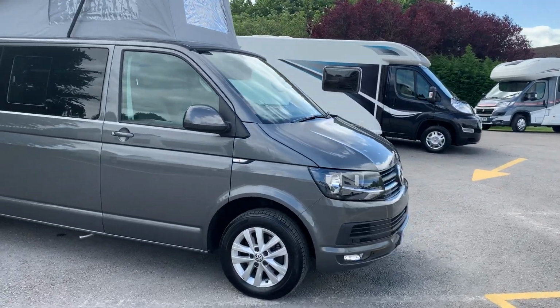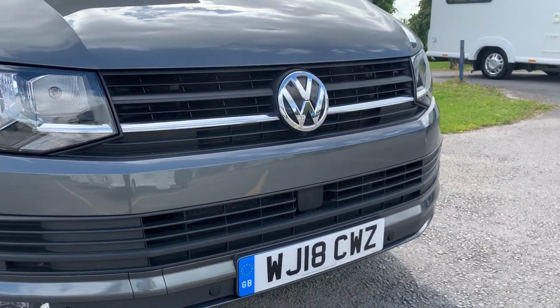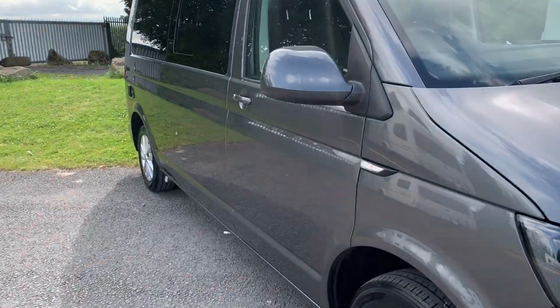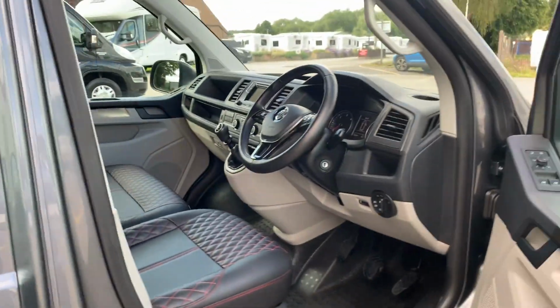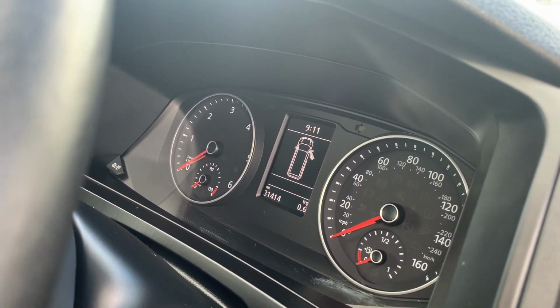This one's fitted with the front parking sensors as an option as well, and it has the radar emergency brake system. Covered 31,414 miles,